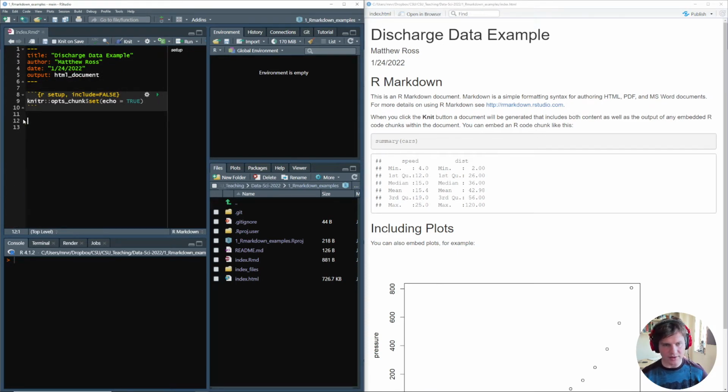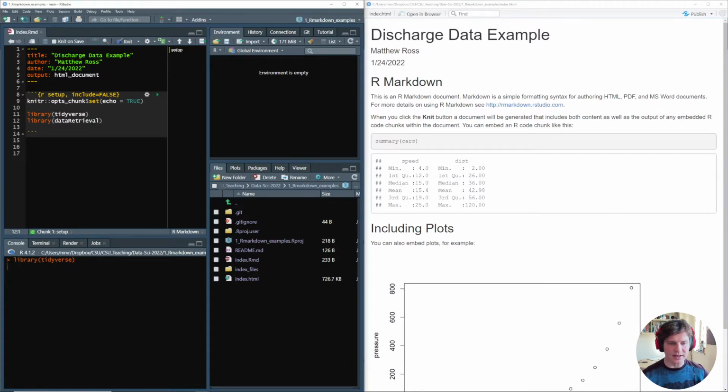So I'm just going to delete all the starter text that they gave us. And now I'm going to start adding our own code. I'm staying in this setup chunk, and I actually left that one because I like it. I also want to not include it because when we load packages that we're going to use here, like tidyverse, which is a package for manipulation and plotting of data, or another package called dataRetrieval, which is for downloading USGS data,